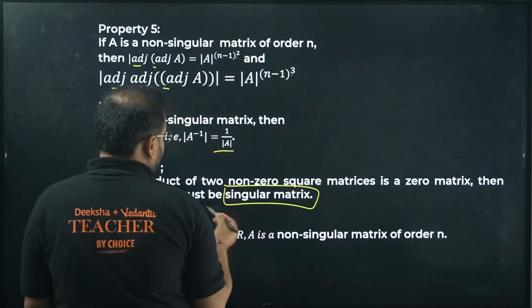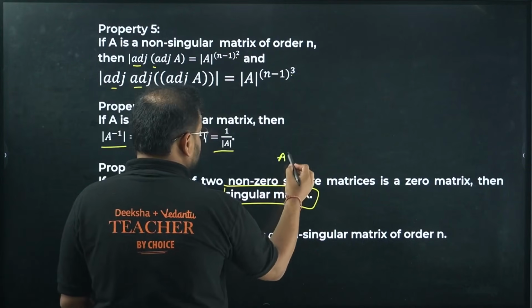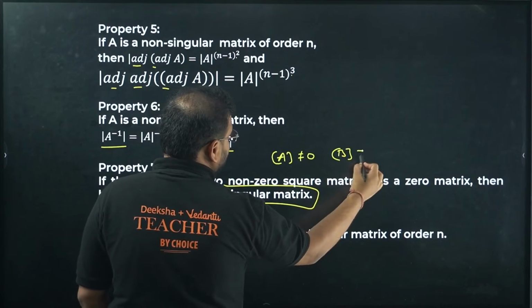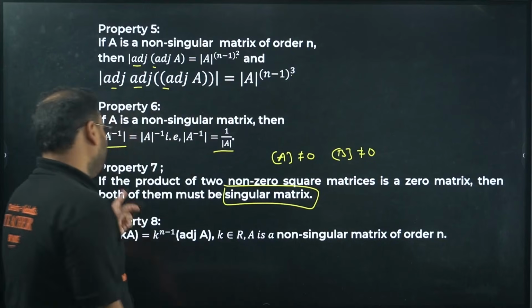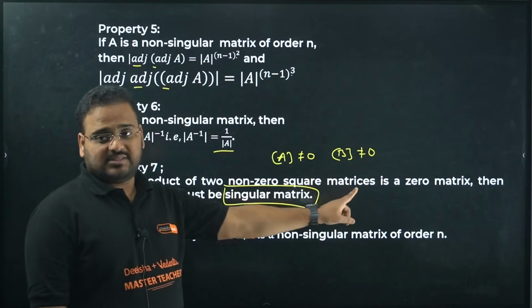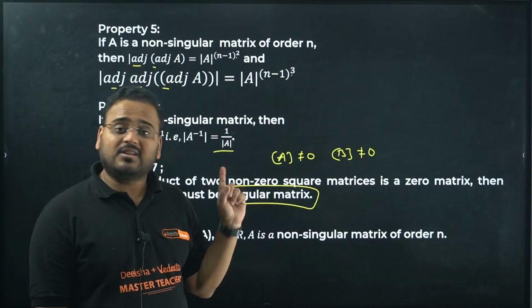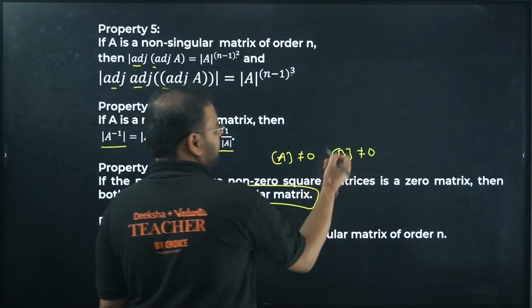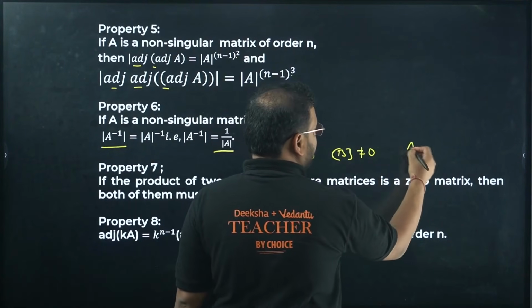Means what? If the determinant is not zero, so the matrix is not zero. I'm not saying singularity, I'm just saying the matrix is not zero. The product of two non-zero square matrices means they are not zero matrices, not null matrices. The difference is there. Okay, I'm not saying this, if the product is coming as